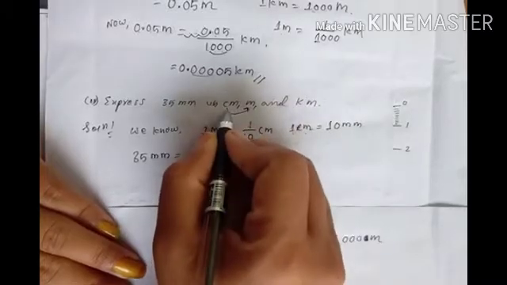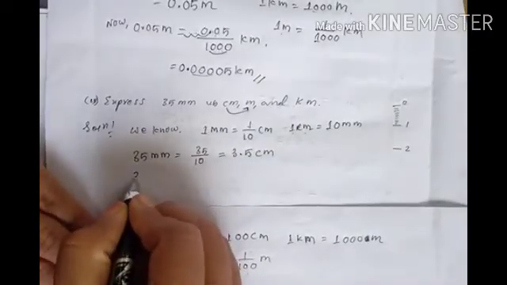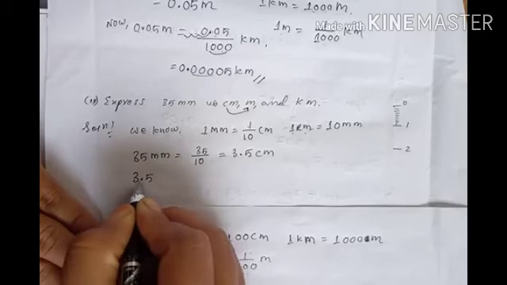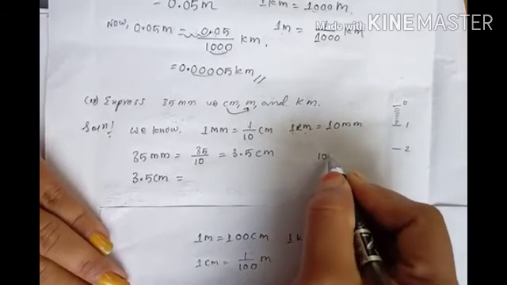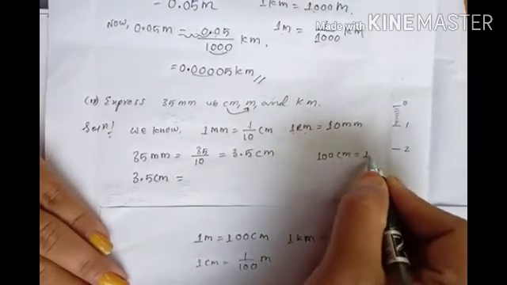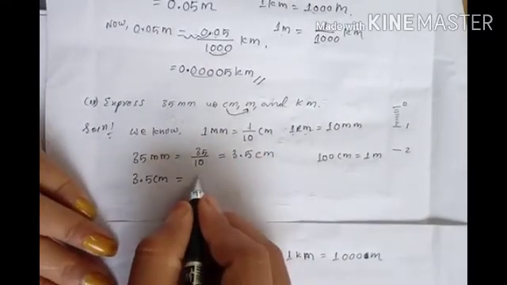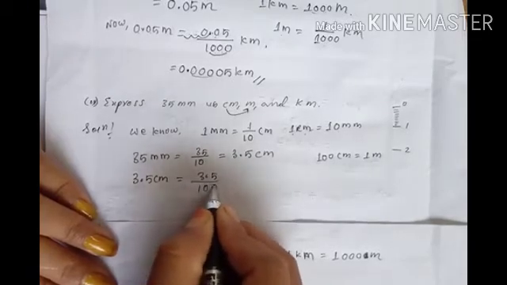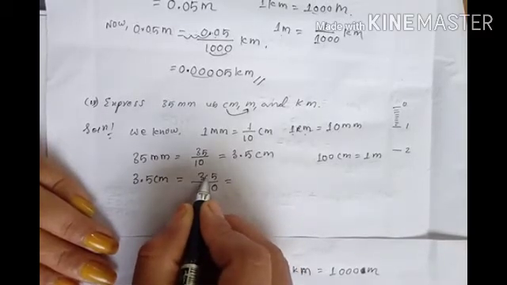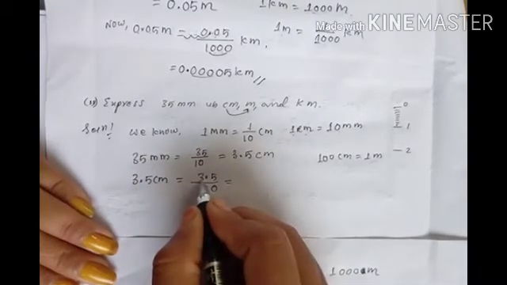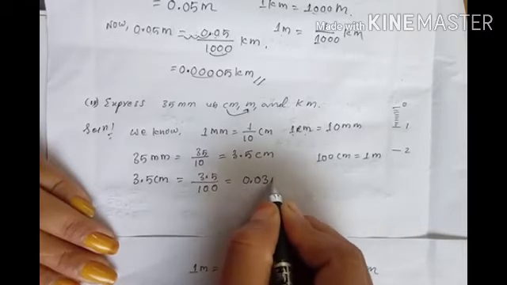Again, now this centimeter will convert to meter. So 3.5 centimeter will again become what? Meter. And what we know? We know 100 centimeter is equal to 1 meter, isn't it? That means to convert centimeter to meter, you will divide with what? 100. Now how many zeros here? 2 zeros. So this decimal will go towards left how many times? 2 times. So here only 1 digit is there, so you will add 1 zero, then 3 and here 5.